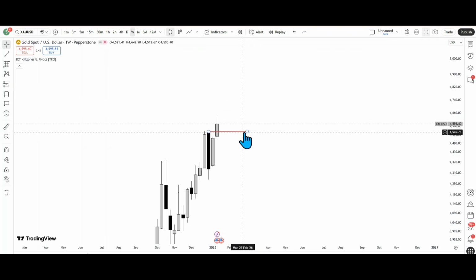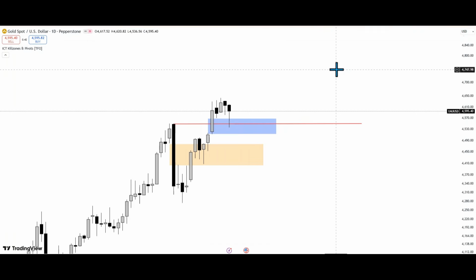We have this bullish order block here, which on the daily time frame you can see is in line with this fair value gap here. So either we open the week and we continue bullish, or we have more retracement back here. But this is an important point, guys, for gold. If for whichever reason price inverts this, then there's a possibility that we're likely to see